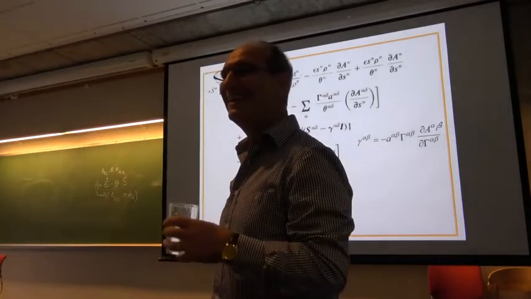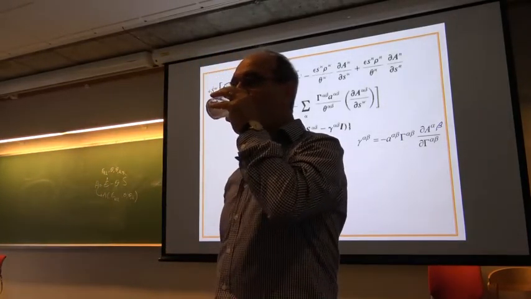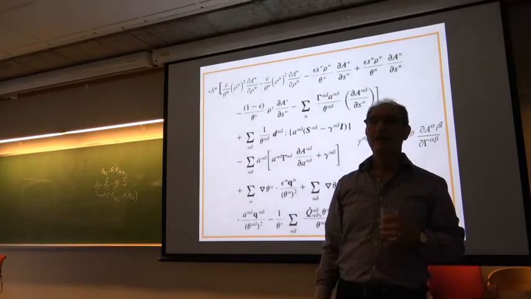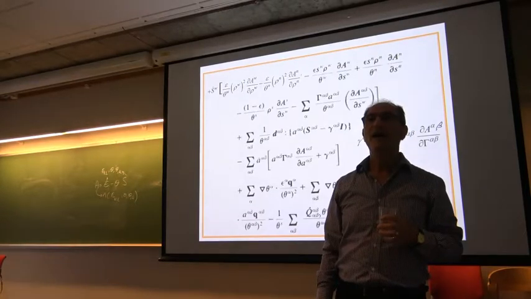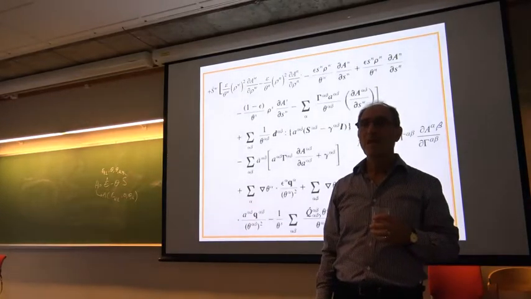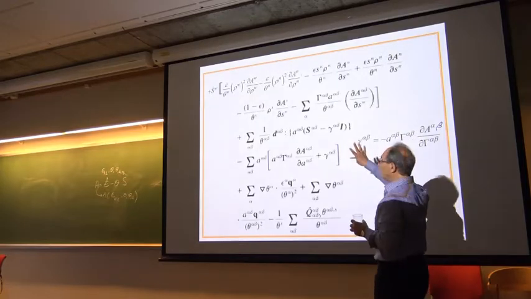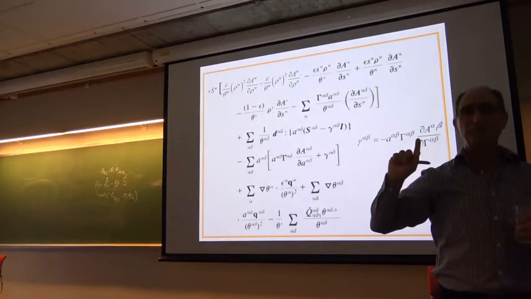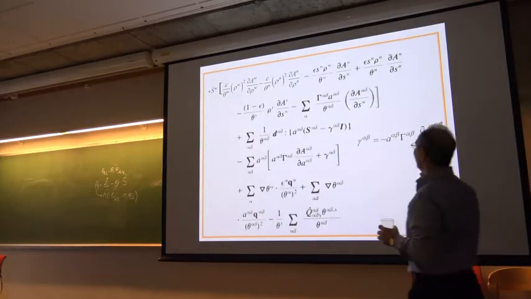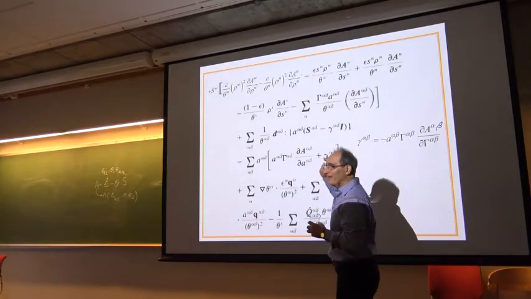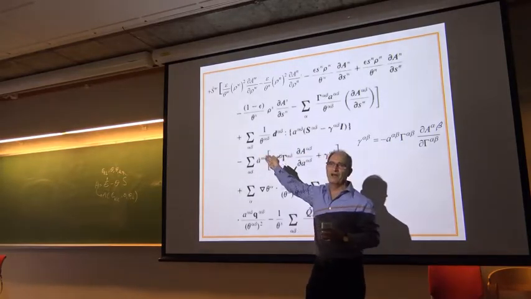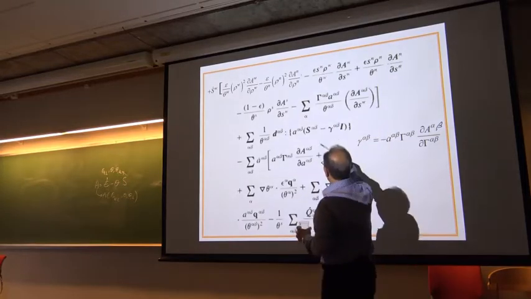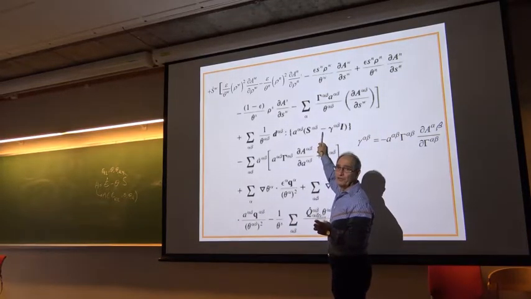What was his question and what was your answer? I understand that you have a term there, S alpha beta minus gamma alpha beta I, and that is not zero. That is at this stage not zero yet. The tension is not the same as the pressure, or the energy density. Well, it is not zero, but in a minute I will have to argue that it is zero. But at this stage they just appear together.